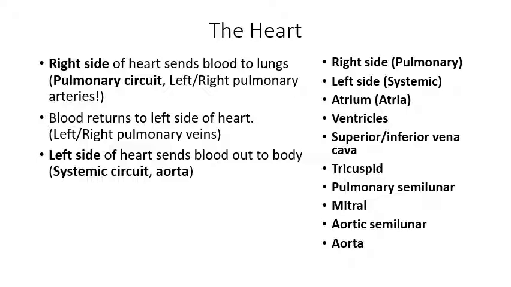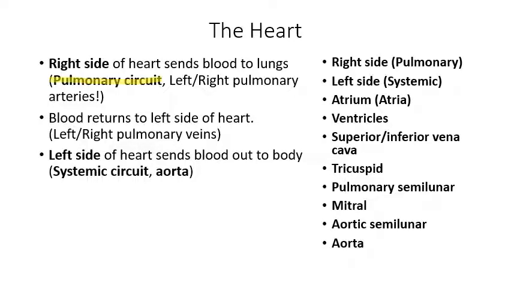When the blood returns to the heart after having traveled through the lungs, it returns to the left side of the heart, and then the blood is sent from the left side of the heart out to the body. So we call the journey through the lungs the pulmonary circuit, because we start at the heart and then we go through the lungs, and then at the end we end up back at the heart again, don't we? Right, so it's a circuit if you go through this course and then you end up right back